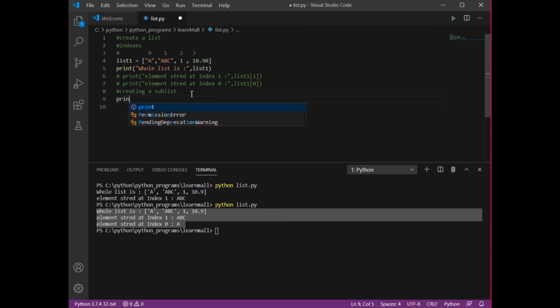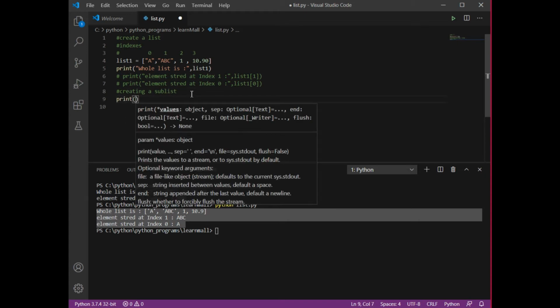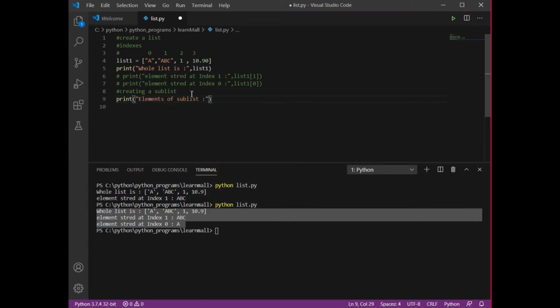You can just write print, elements of. Now I'm going to use a different print statement. Let's understand the thing first and then you can combine that within this statement only. First of all you need to understand that we are now going to play with the indexes. Because if you want to have any value from your list, you need to go through the index. There is no other way of doing that.